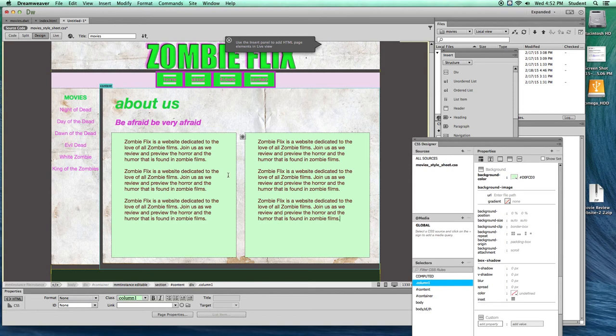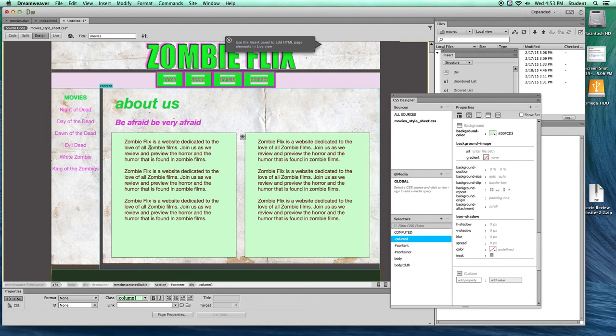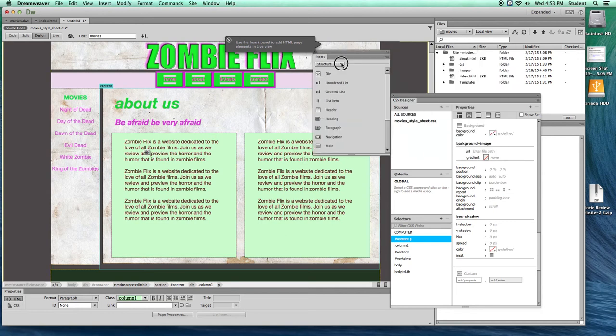Okay. Now I'm going to put some images in here, and I'll show you how to align those right or left. First, I'm going to position my cursor within my text. You can see the text is reformatted based on my paragraph text settings, CSS rules. So I'm going to position my cursor within here and insert an image. I can go to my insert panel, insert common, image,